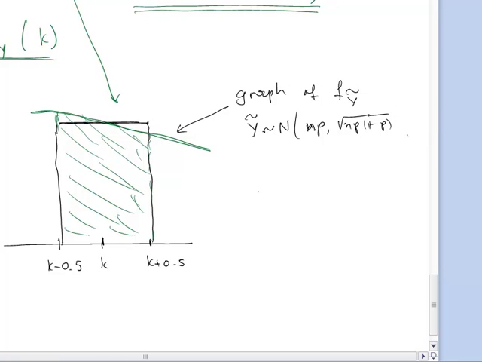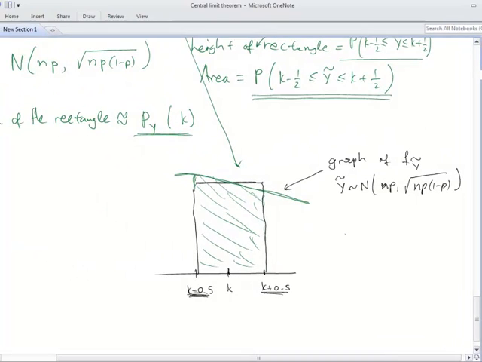Okay, so let's write it properly. That's what it is. The area under the graph, which is the green line, goes all the way from here to here, and it's between the perpendiculars to the horizontal axis at k plus 0.5 and k minus 0.5, all this area that is now depicted with this green color